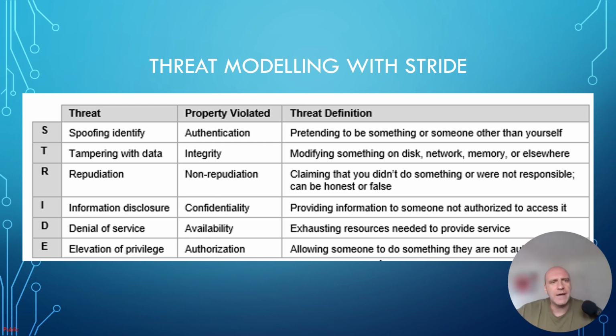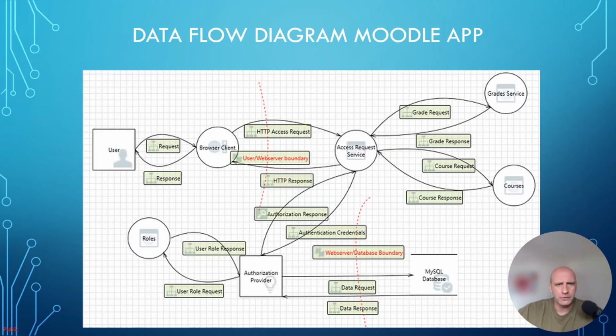So let's dive straight into it, and I'll share with you guys an example of a specific threat model. When you're building a threat model, this is an example of a Moodle application. It's essentially a learning management system. It's an application that most universities nowadays use. So how do we build a data flow diagram? The tool that has been used to build this data flow diagram is the Microsoft Threat Modeling